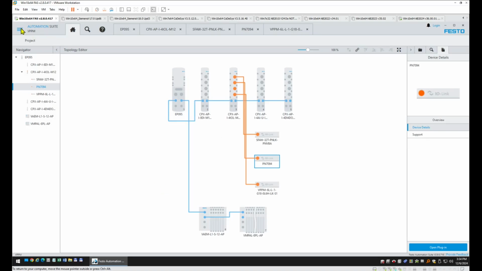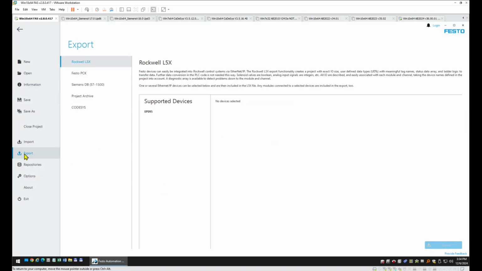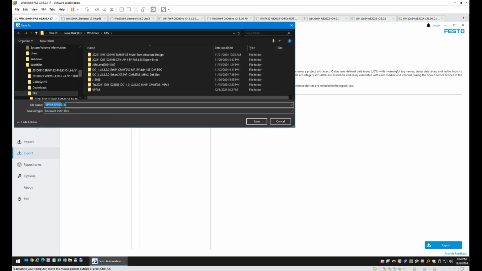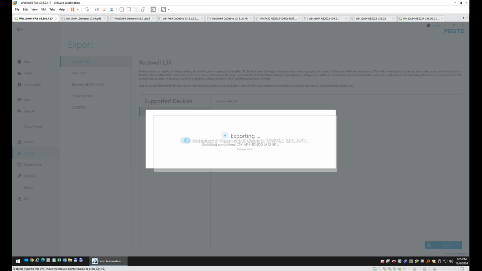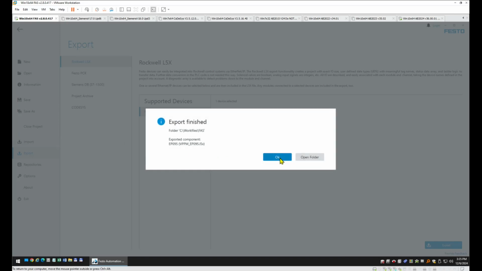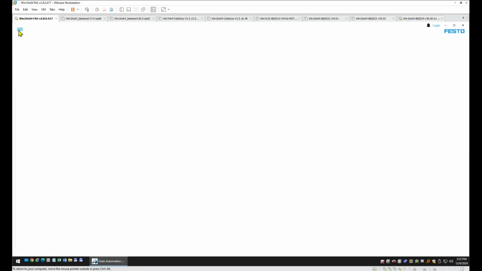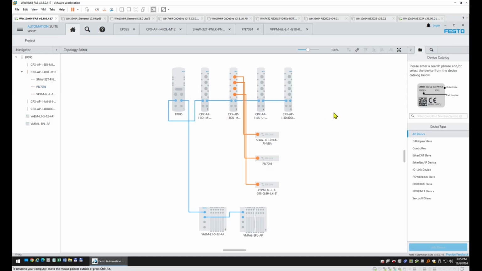The next step is to do an export. So we click on export, go to Rockwell L5X, click on the address, and then it creates an L5X export. Export's finished. So now I'm going to show you that we could have built this offline, because we can simply